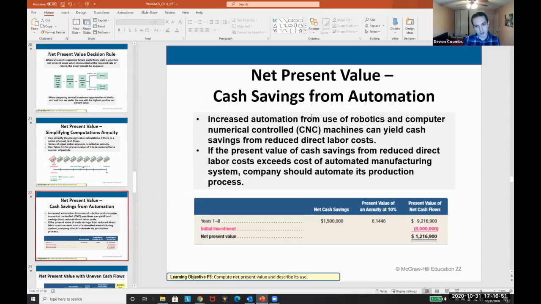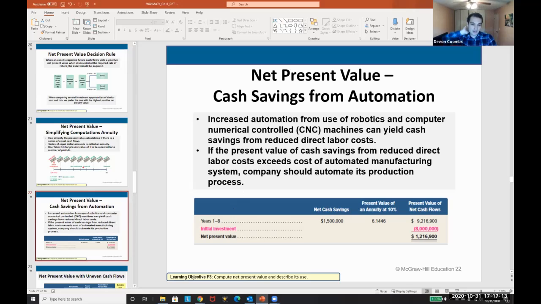So, cash savings from automation. We can look at net present value to determine if we should make an automation decision. The idea here is that increased automation from the use of robots can yield cash savings. If the present value of cash savings in labor cost exceeds the costs of an automated manufacturing system, companies should automate the